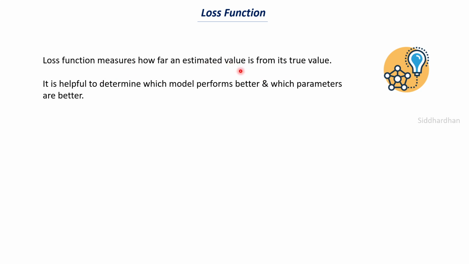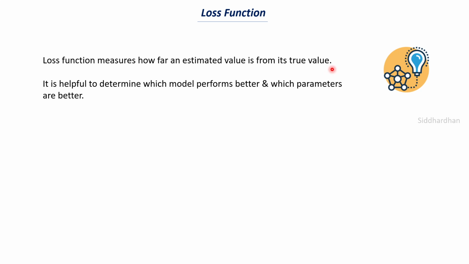When you train your model, let's say you give it a new input and you want to predict some value for this new input. Your model will make some prediction. We will try to find the difference between the estimated or predicted value and the true value, and that particular value is called the loss function. For any model, the loss function value should be as minimum as possible. This is because a low loss function means there is a very small difference between the true value and the predicted value, which basically means our model is making almost accurate predictions, right?